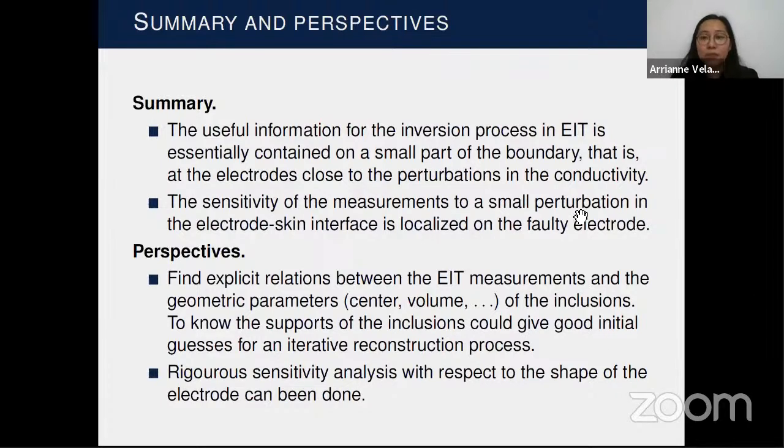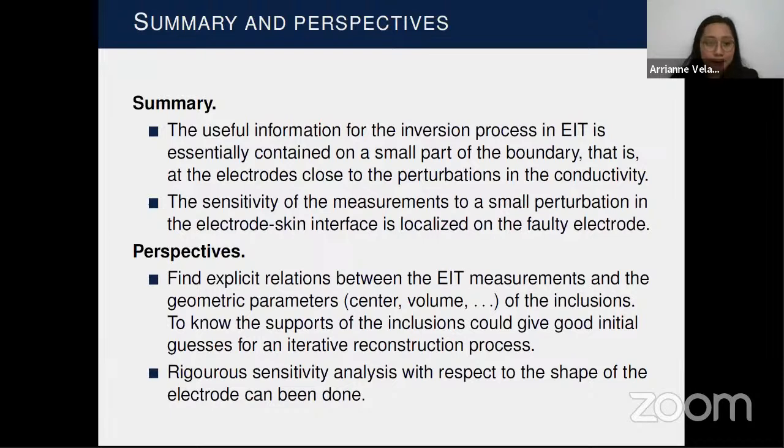This is very important because if we have a faulty electrode on the side of the boundary close to the perturbation in the conductivity, then it is more difficult to do the inversion, to do the reconstruction of the conductivity because most of the useful